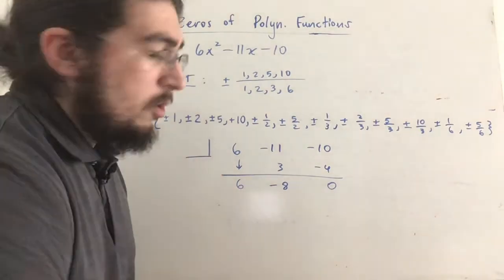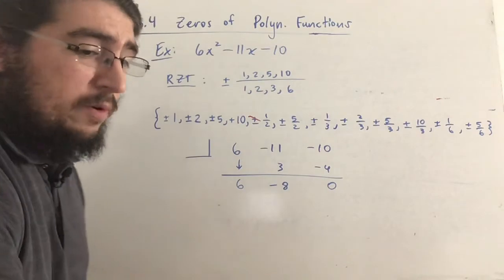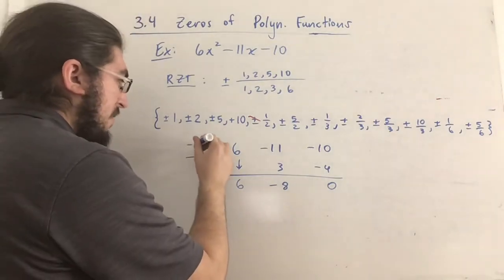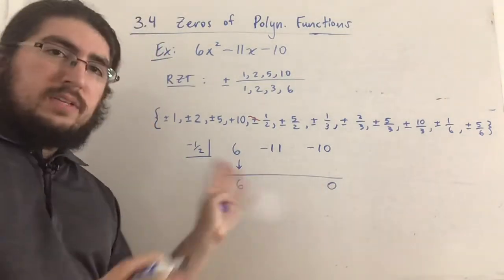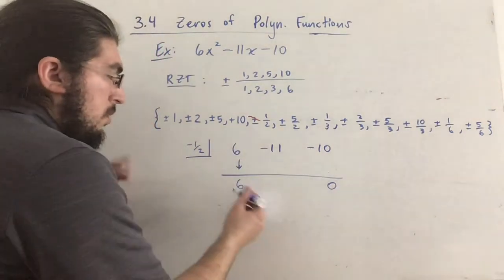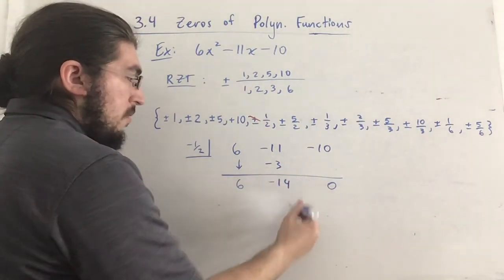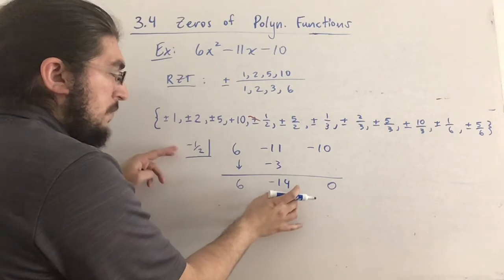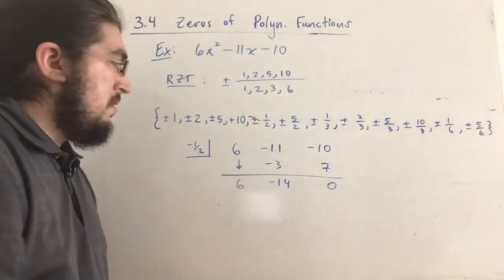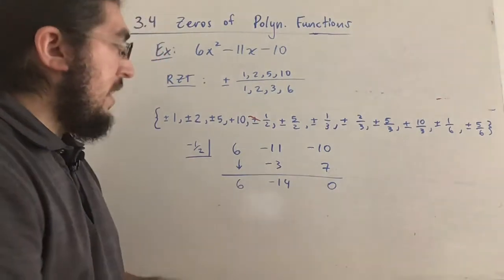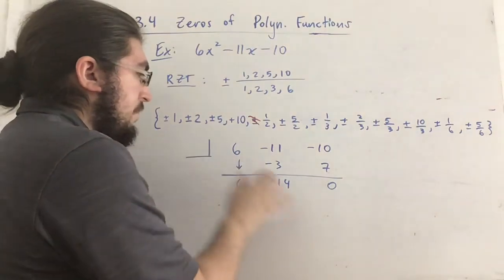So what we can do is we can cross out the plus part of 1/2 because we checked positive 1/2 only. Then checking negative 1/2. So let me erase the work here. So far, this is what we have and what we want. Multiplying by negative 1/2 will give us negative 3. Adding down will give us negative 4, and then multiplying this by negative 1/2 will give you positive 7. They also don't add to 0. So positive 1/2 and negative 1/2 did not work. So now let's move on to the next one